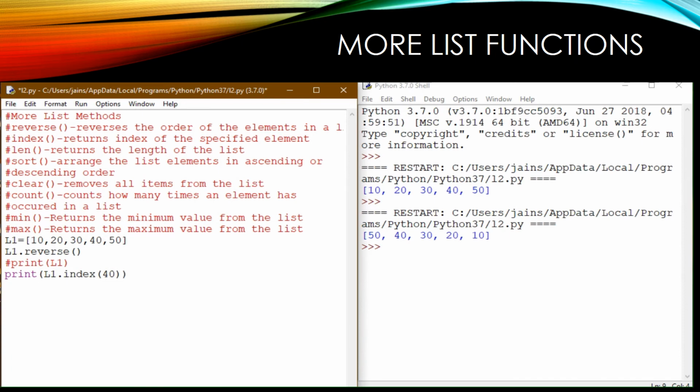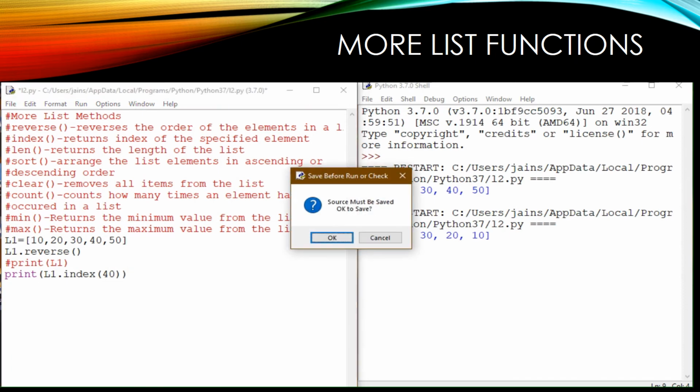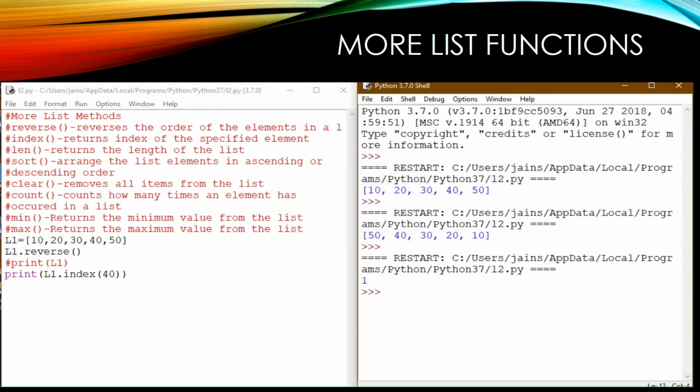And then check the output. So what is the index of the element 40? It is printing 1. Why? The list was reversed. So while reversing, when we reverse the list, the 40 is present at the index position